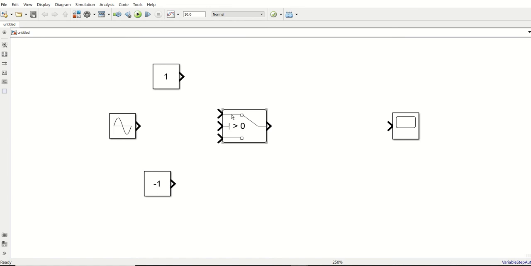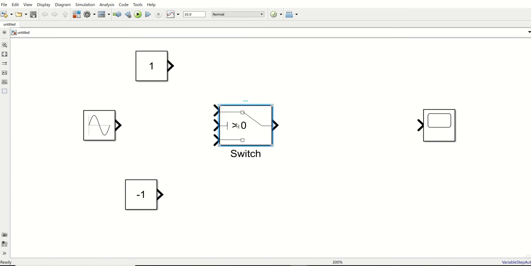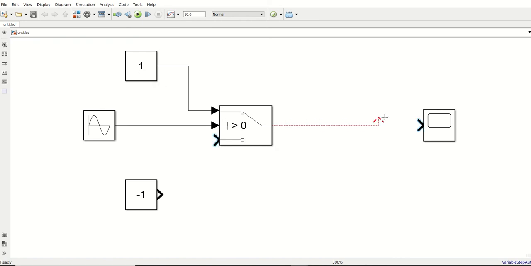If the input is greater than 0, the switch block should output 1, so I will connect this constant to this input. What it is doing is: if my input signal is more than 0, it will take this value as output, and this output will be shown on my scope.